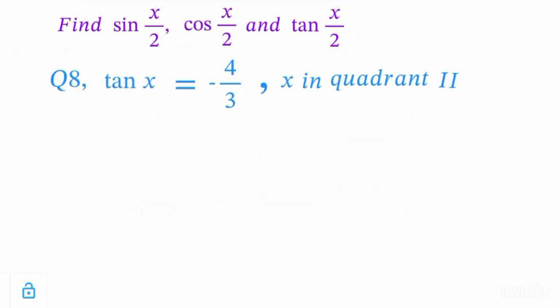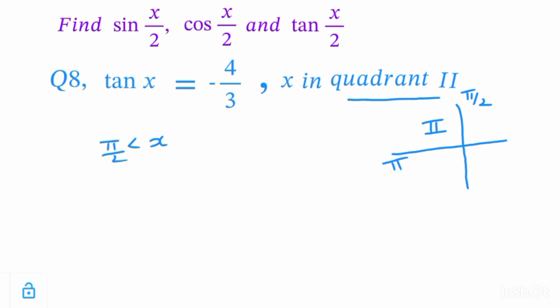In question number 8, we have to find out the value of sin x by 2, cos x by 2 and tan x by 2 when tan x is given minus 4 by 3 and x is in second quadrant. So let's solve this question. So here x is given in second quadrant and we know second quadrant is this one, and here the value of theta is from pi by 2 to pi. So x will lie between